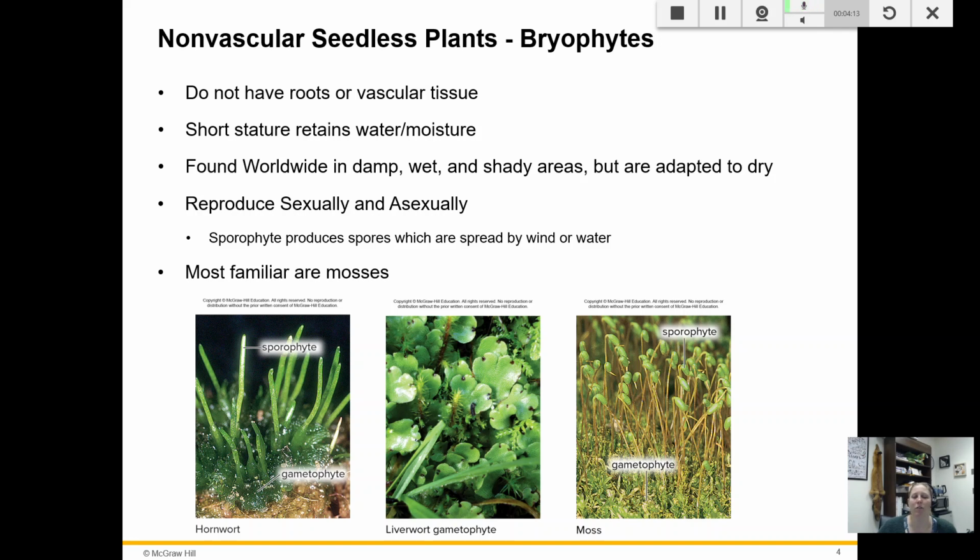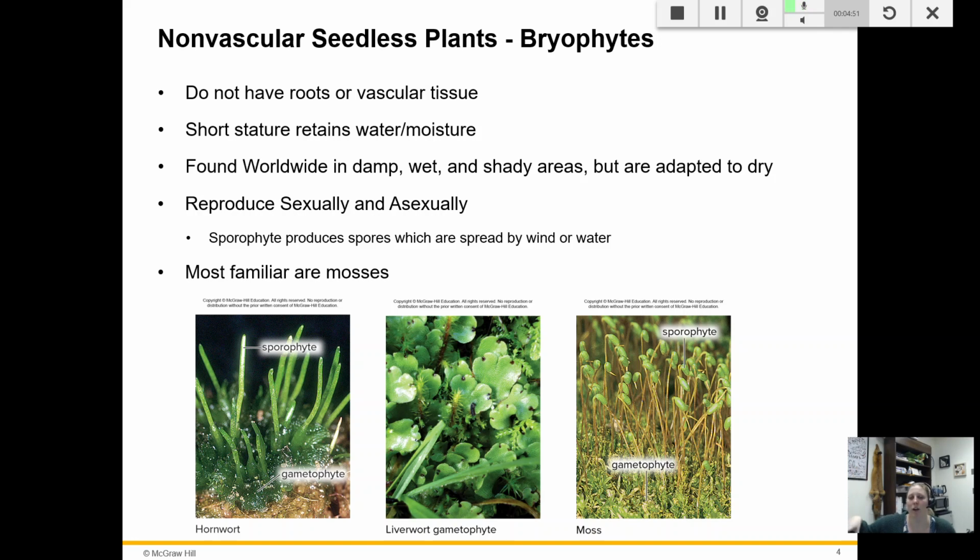They're very small, and if you think about a moss, that makes sense. If you haven't gone out and touched moss, please do so because it is the best. But they're short. They're found in shady, damp environments. If you're looking for moss, you're going to find them in cracks of concrete. To them, that's damp and wet. They can be adapted to dry environments, but if I want to go find moss, I'm not going to look in the middle of a desert. I'm going to go to the forests. I'm going to look at the base of trees. I'm going to look at areas where water pools. So on campus, coastal campus, there's the main area where they do graduation.